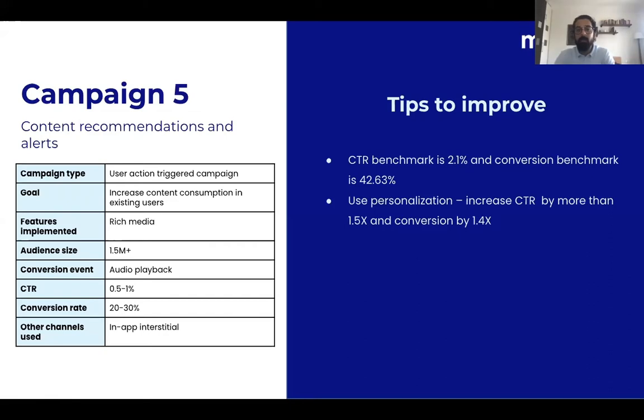And that's a big difference. That's the difference between the app saying, I understand you and I've put in a lot of work to personalize this experience for you, to saying, maybe we just guessed and got this right. So I'd say user level personalization can go a really long way. In numbers, we see 1.5x in click-throughs and 1.4x in conversion. So I think that's something that they've missed out on here.